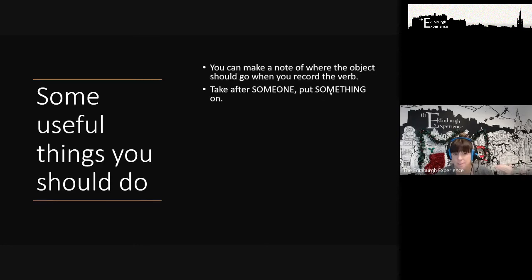But put something on, I would record it in the middle, so I know that put something on is one of these type 2 verbs that I can move around, okay? That's the easiest way to think about it. If you check it in a dictionary, that's how it will show you as well. So that's how you can know where you should move the object. But remember, that is not the most important thing.